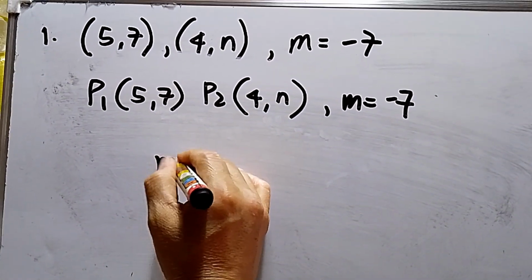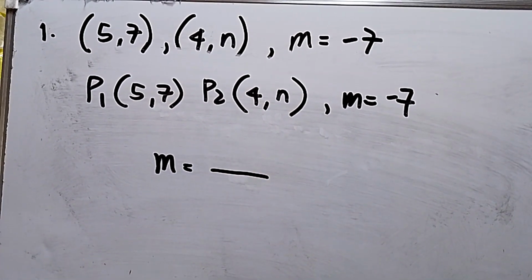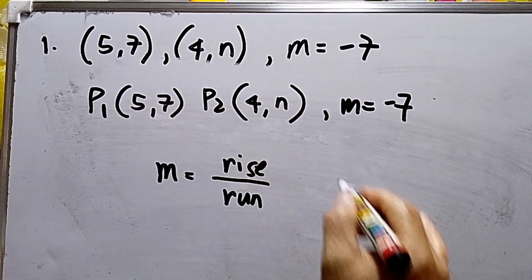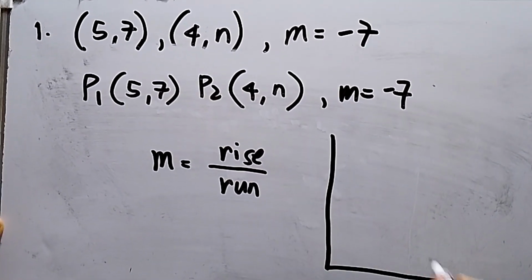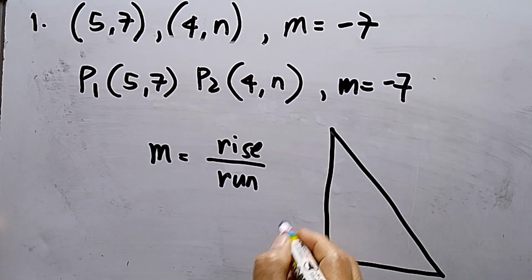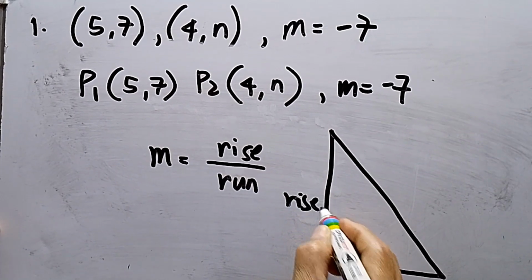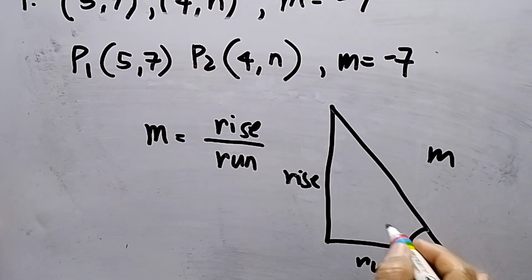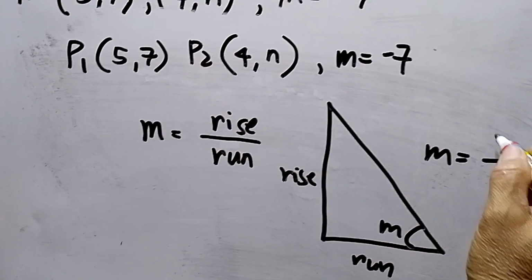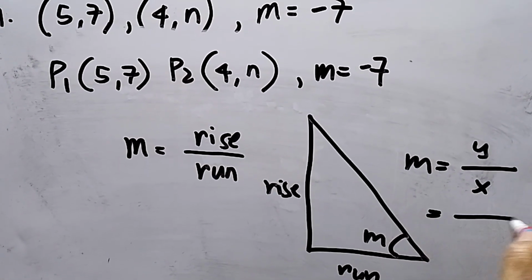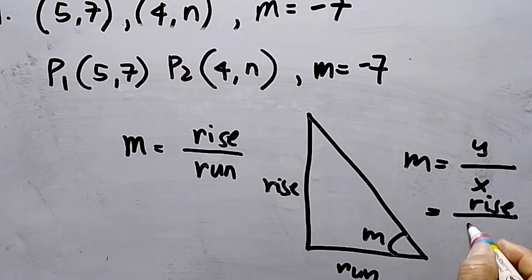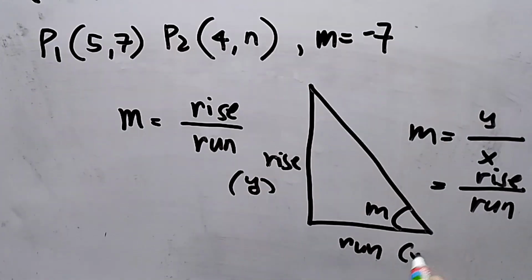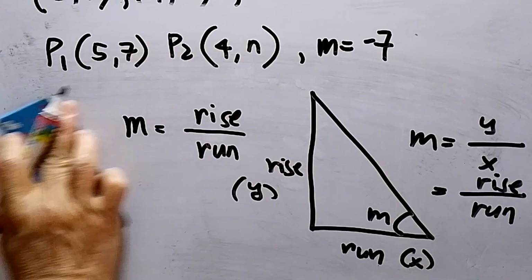By the way, to find the slope, the basic formula is rise over run. So by having our right triangle, this is the rise, and then this is the run. So m is equal to y over x, or is equal to rise over run, because this is y and then this is x. Okay, to solve number 1,